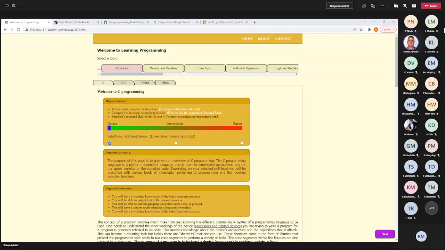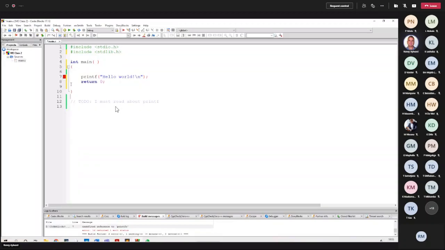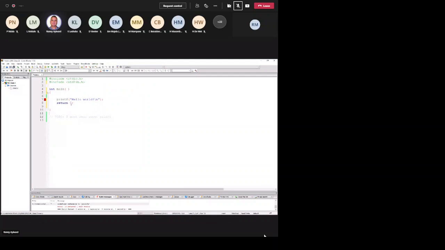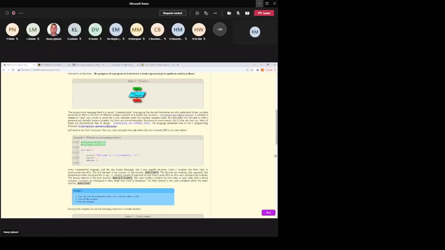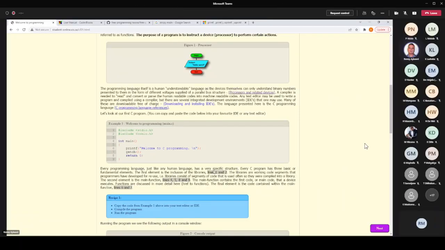What I'd like you to do is to make sure that you understand the IDE, that you know how to fix errors, that you understand how to search for things, what it means to include things. It's on the website. So it tells you about the include stuff.